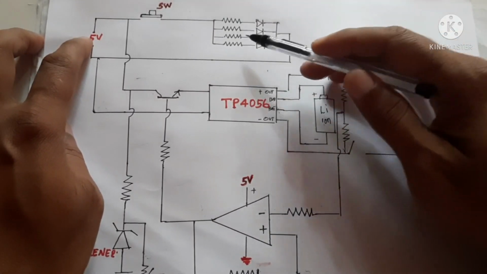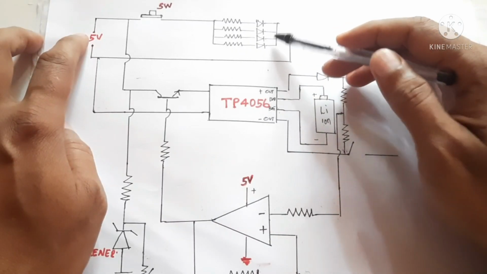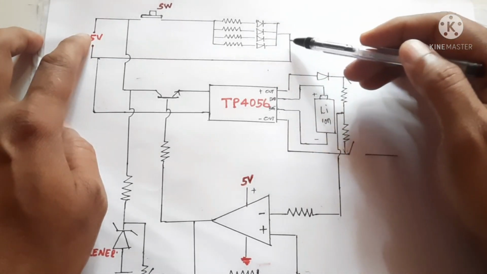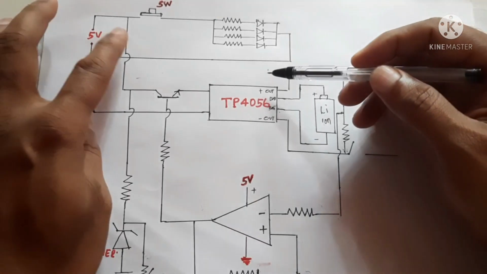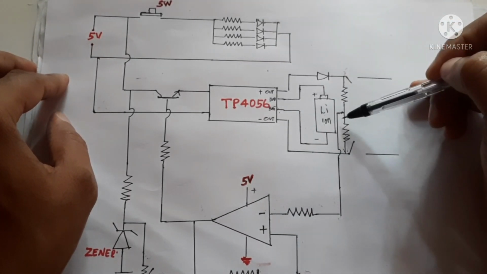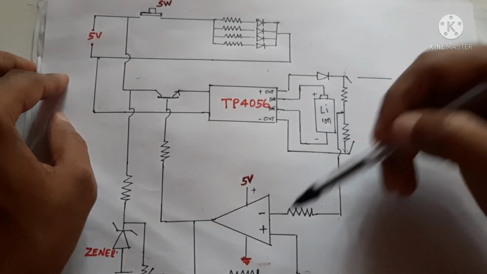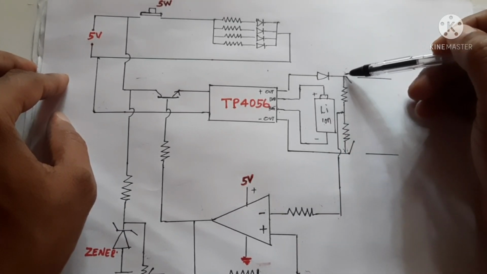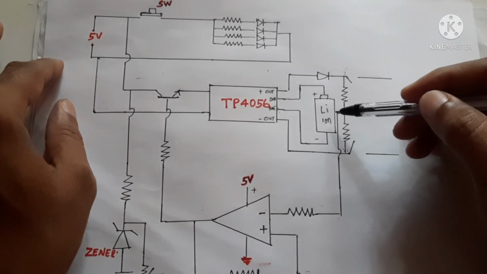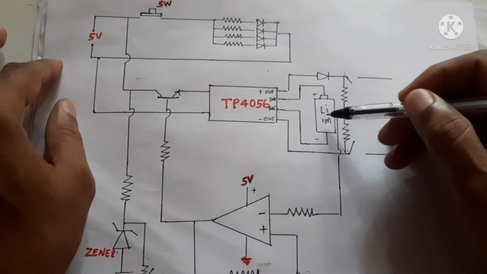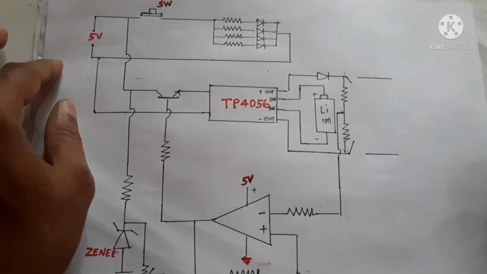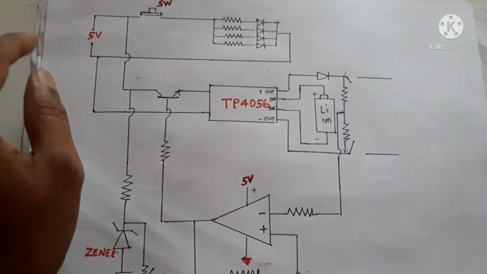When 5 volts is available, it is directly connected, and the LED is powered from the main power through the charger, and at the same time the battery also gets charged if the voltage falls below 3 volts, and charges until it reaches 4 volts. Now when the power is gone, how can this battery automatically light up the LED?